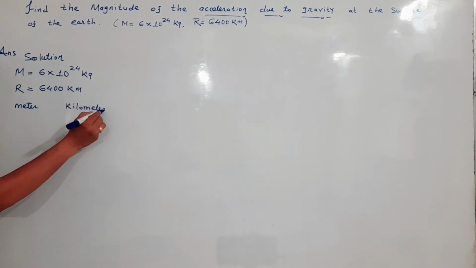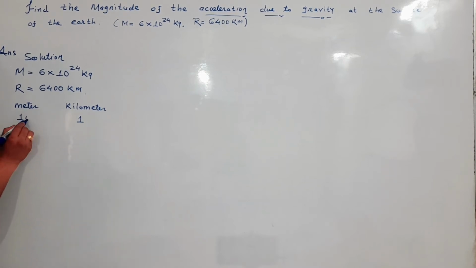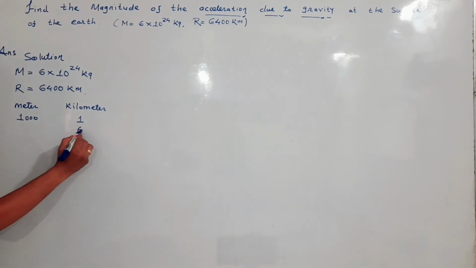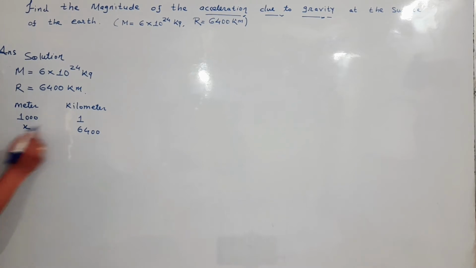Kilometer. 1 kilometer is equal to 1000 meter. So 6400 kilometer will be x. So my dear student, here we will take cross multiplication. So x is equal to